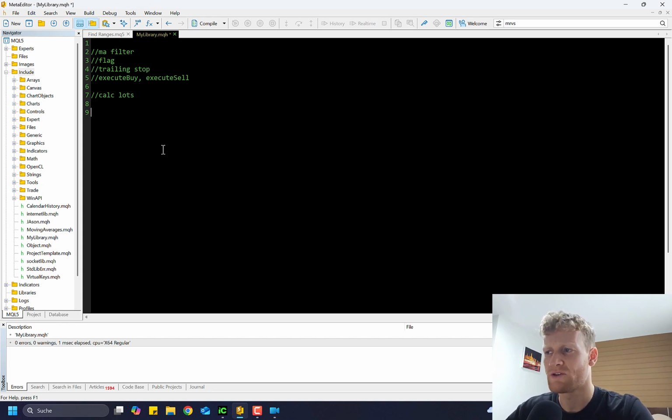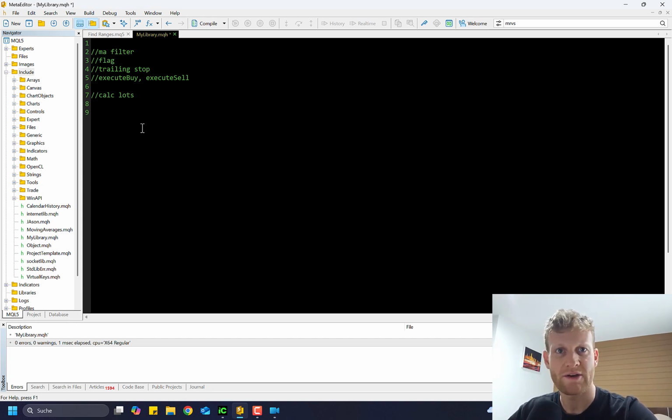So what we can do here is write a function, for example, in this include file, and that's what you usually want to do. You want to put functions there, or you want to create a class, for example, that you can use in multiple of your programs. If you have a task that you do very often, then you might want to put it into one of these include files. Like, for example, we could say we want to have a